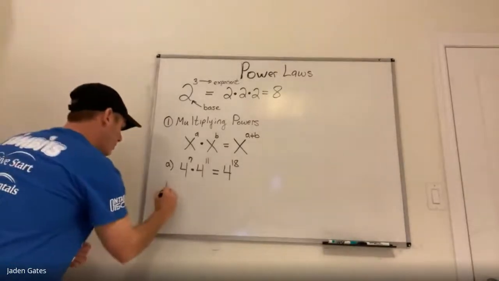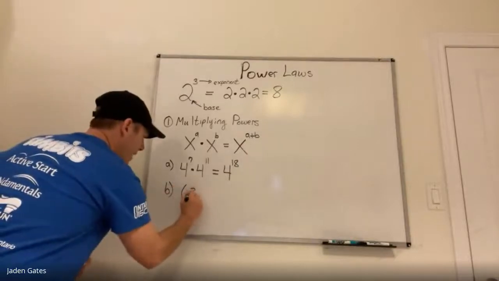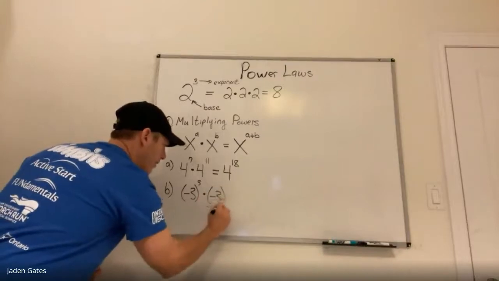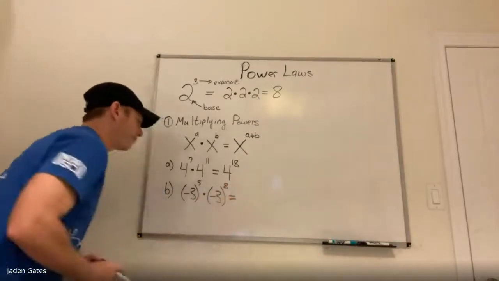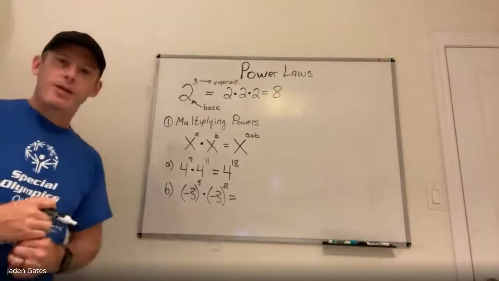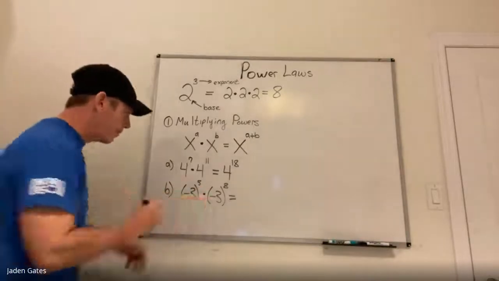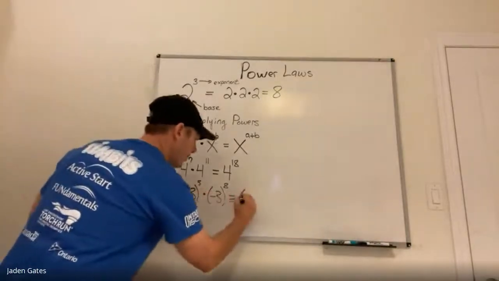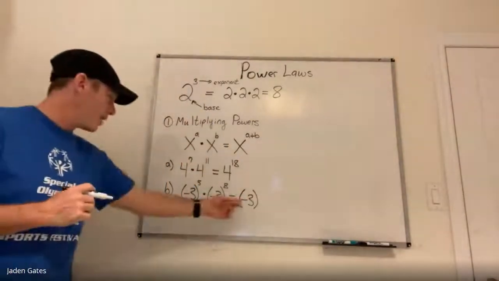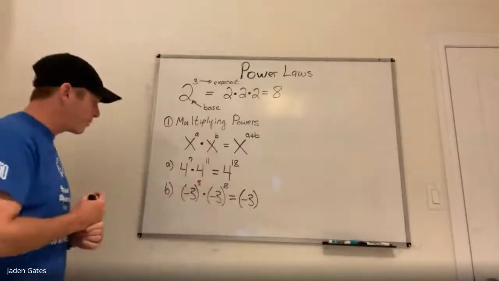All right, another example, kind of throwing a bunch of different scenarios out here, is we have negative 3 to the power of 5 times negative 3 to the power of 8. So again, these powers have the same base, that has to happen. And again, I'm going to keep the base the same. So even though it's a negative 3, the base, and we're multiplying these powers, the base stays the same. So it does stay negative 3. Again, I'm going to add my exponents, so 5 plus 8